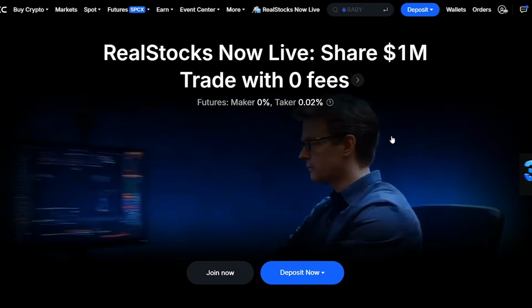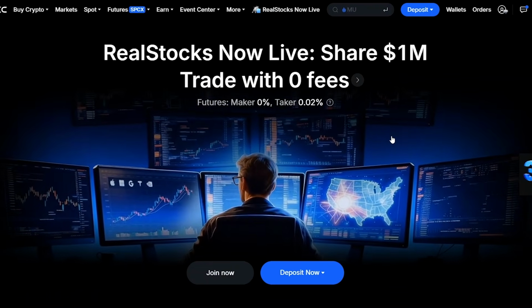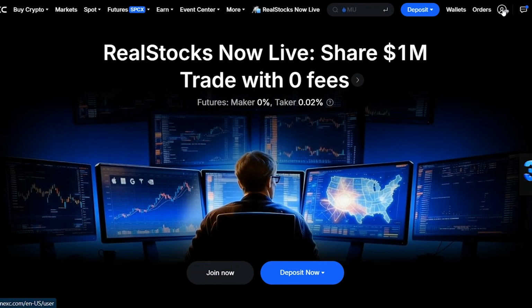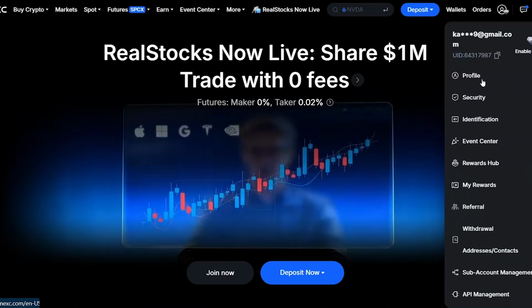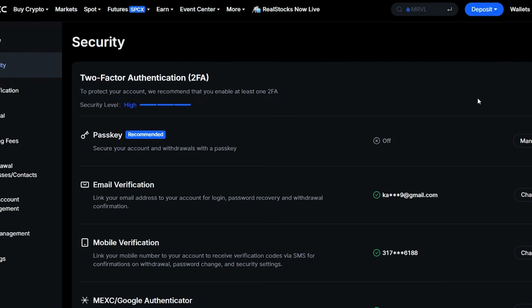Security setup. Last step and arguably the most important one is security. Go over here to your profile again and select security. This takes about 5 minutes and it protects your entire account, so don't skip it. First of all, you have the Google 2-factor authentication. Follow the steps to link it to your authenticator app. You'll scan a QR code and enter a confirmation code to activate it. From this point forward, every login and withdrawal requires that one-time code, and this is your most important layer of